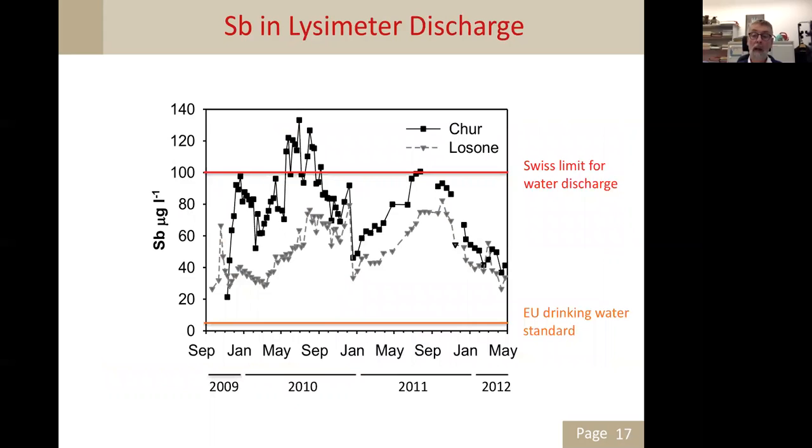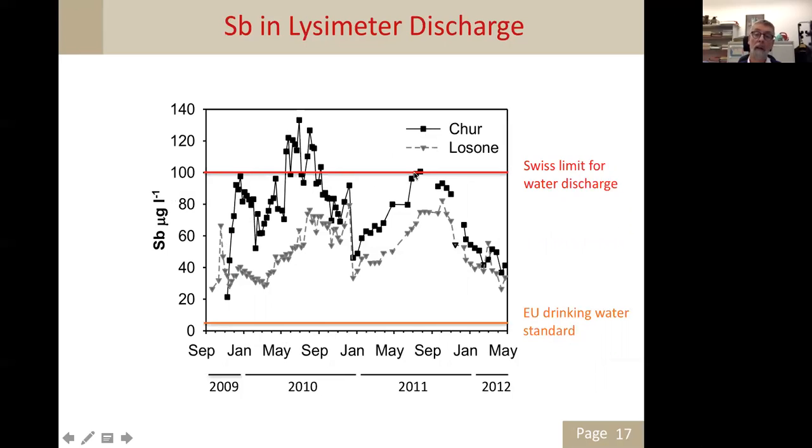Okay, here you see now the discharge composition during our first few years. I put in here the limit in Switzerland of 100 microgram per liter for discharge water and the 5 microgram per liter limit of the EU drinking water standard. And you see the squares that give you the effluent concentrations of total antimony from the Chur soil,